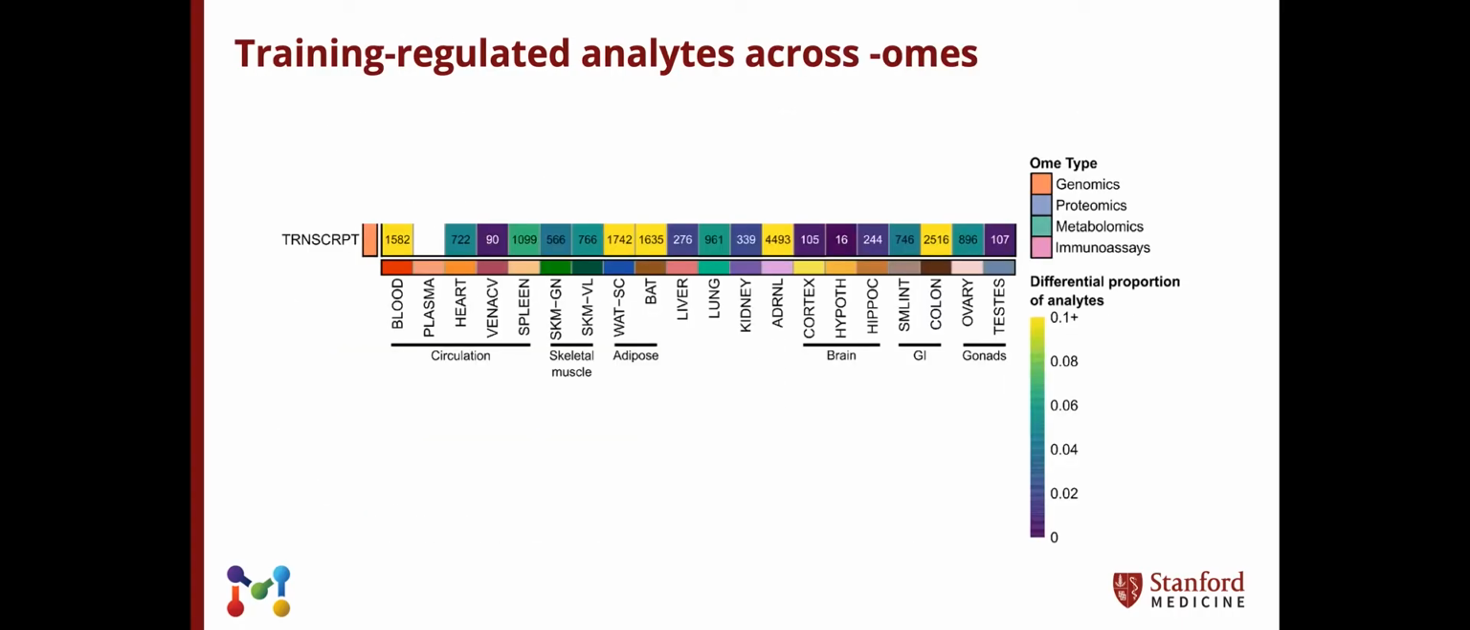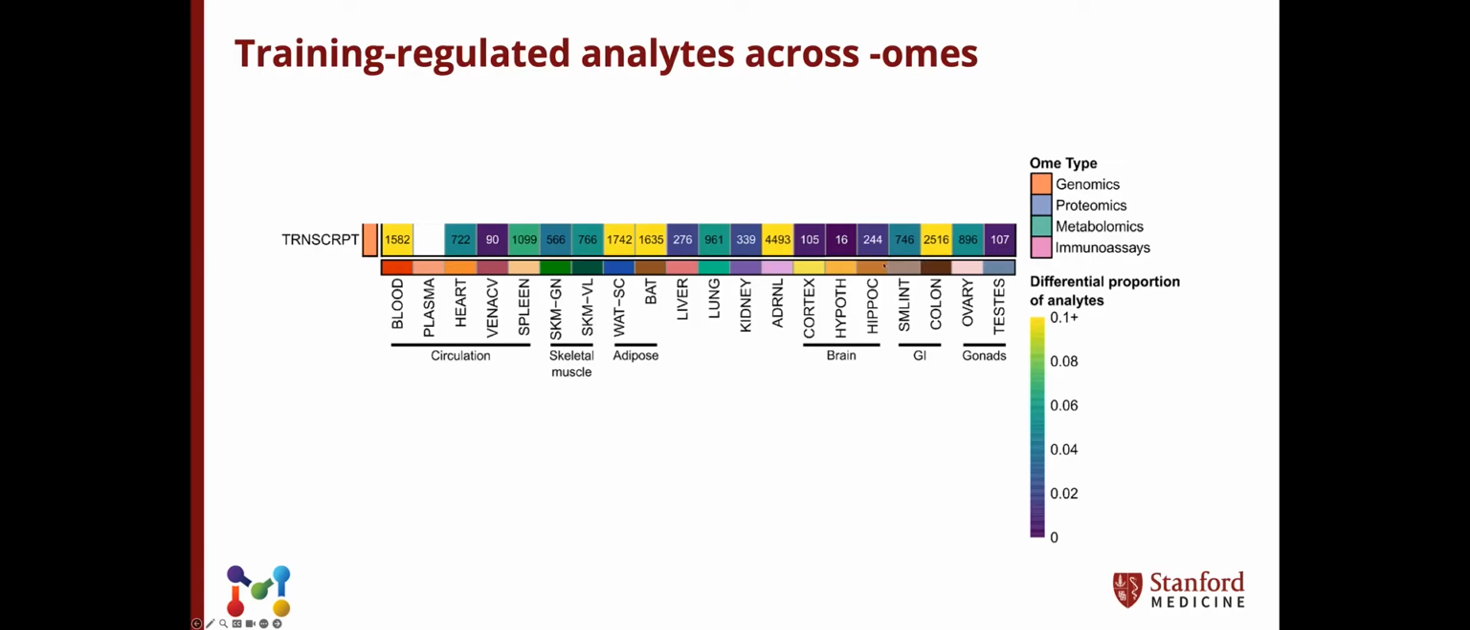So we start by looking at the training-regulated analytes overall, and this shows all of the different tissues here. Now I'm just showing the transcriptomics data, which we have for all. You can see we've separated blood and plasma. Transcriptomics was run for blood. The numbers in here correspond to the number of differential training-regulated transcripts in that particular tissue. The color corresponds to the proportion of differential to analyzed